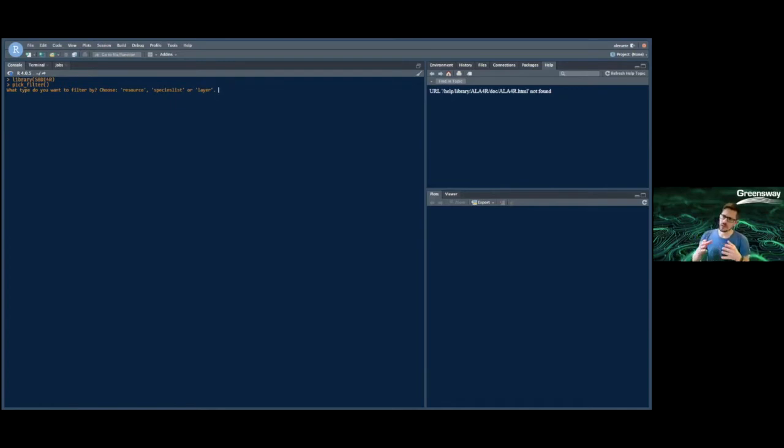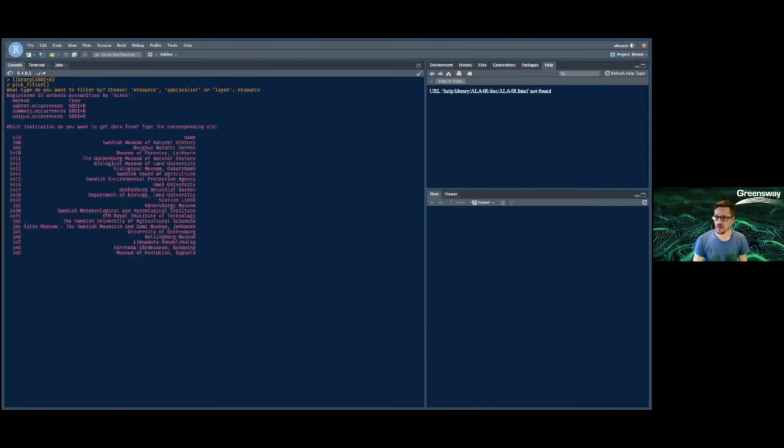There is more documentation on what each will show you, but roughly the resource is the kind of data you want. The species list is if you want to filter by a defined list of species that could be conservation interest species and so on, or if you want to browse which kind of environmental layers or additional layers you have in SBDI, which is plenty of. We type resource,